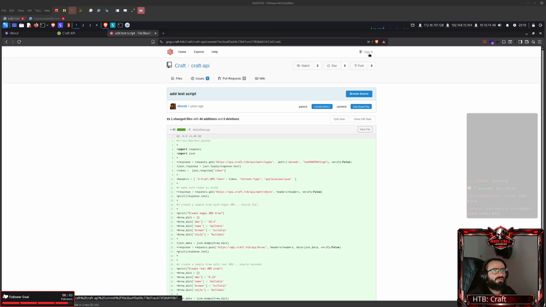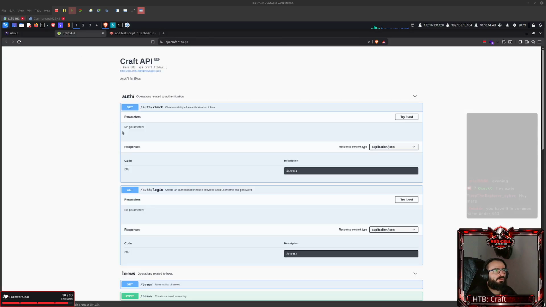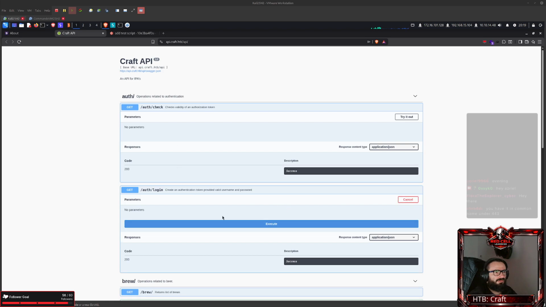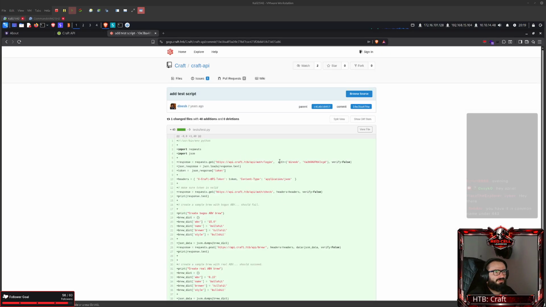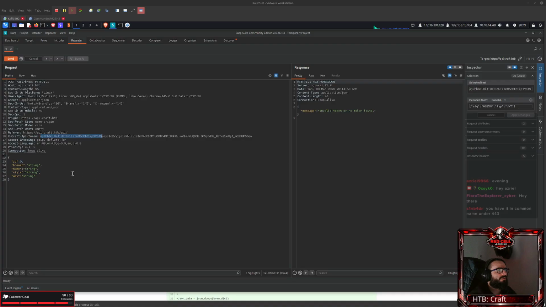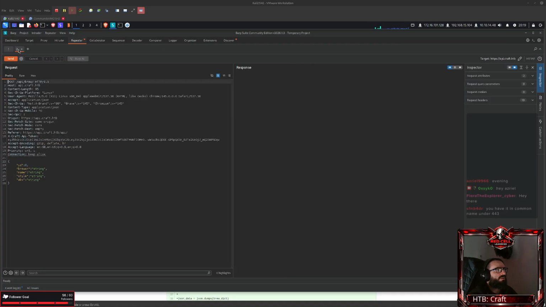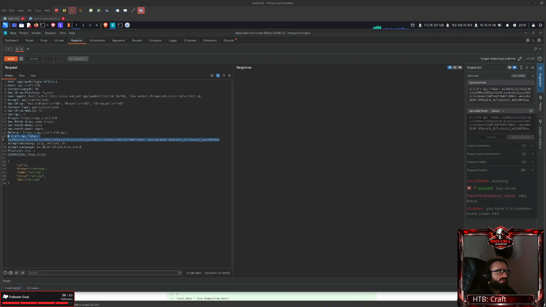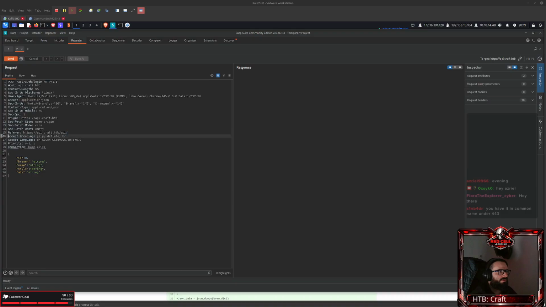Actually, let's see if we can use it here. I know, because that requires a base authentication. Yeah, it is. So let's send that to auth login. We can remove that token from there and just do